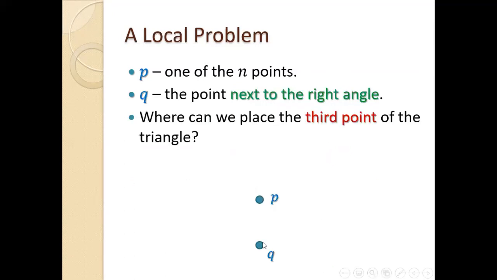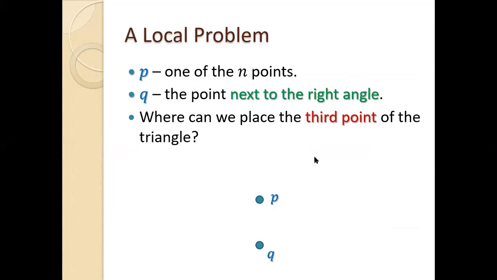Let's say that Q is the second point of our triangle that is next to the right angle. Okay, Q is next to the right angle. Where can the third point be? I want to have a right angle triangle using these 2 points and one other one, such that Q is the one next to the right angle. Where must I put the third point? Can you help me with that? You can even draw on the slide if you want an example of a point, or say something more general.